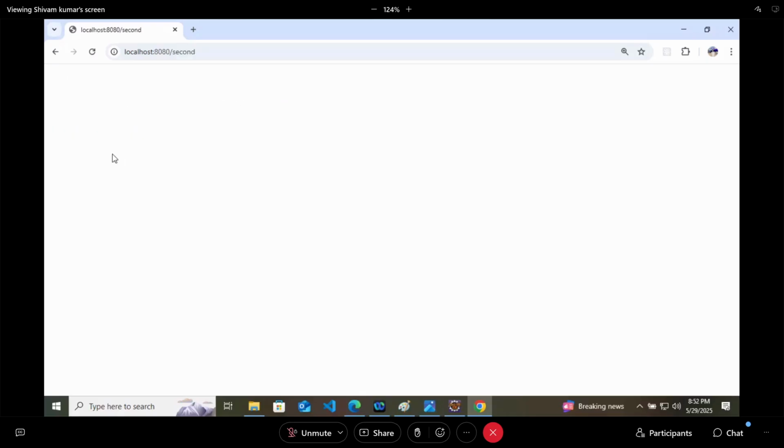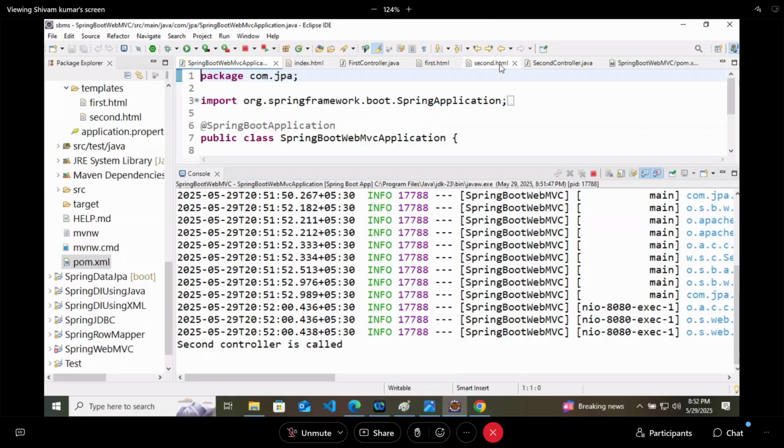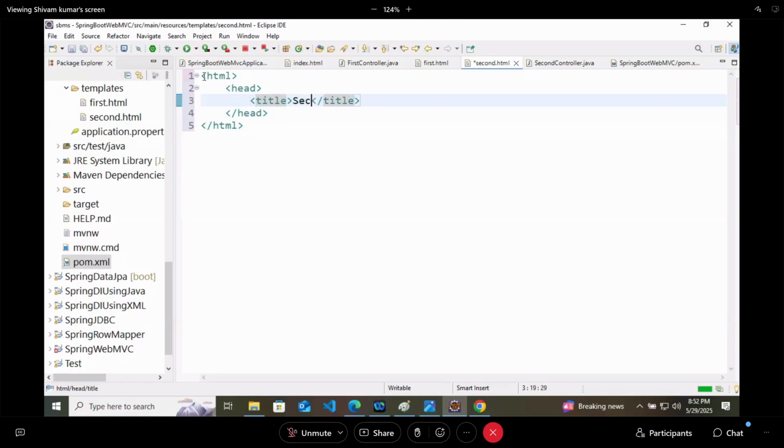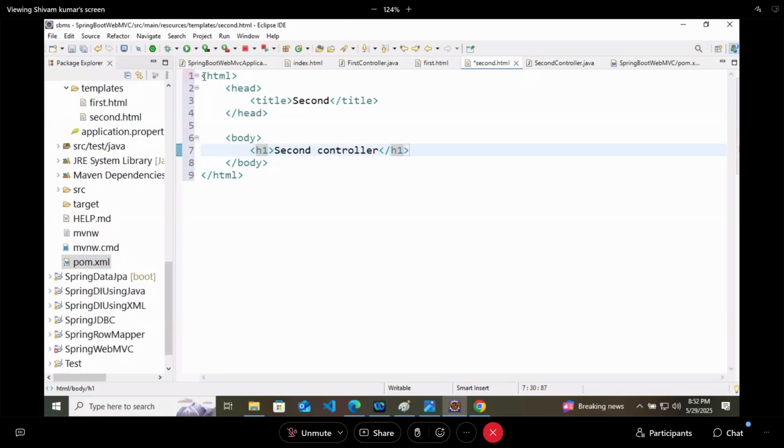Then in the body, we will write an h1 tag with second controller. Tomorrow again I will show you the same application. Restart the app. Second controller, and we got the page.